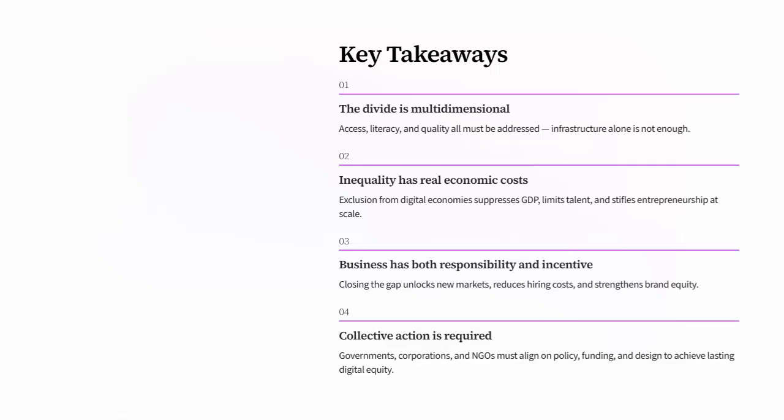The key takeaway is that the digital divide is multidimensional. Access, literacy, and quality all matter. Inequality carries real economic costs, while closing the gap benefits businesses through new markets and stronger talent pipelines. Lasting digital equity requires governments, companies, and NGOs to coordinate policy, funding, and design,